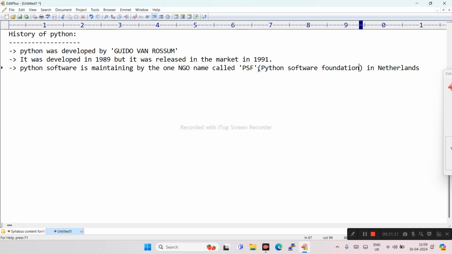The Python Software Foundation regularly maintains the Python software, and the updates of Python are developed by the Python Software Foundation only. Python has an official website, www.python.org, and we can download Python from this website. This is the history of Python.